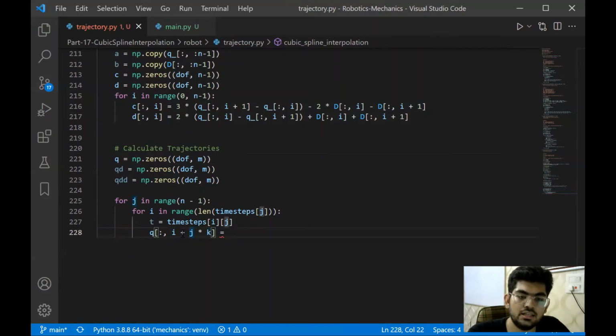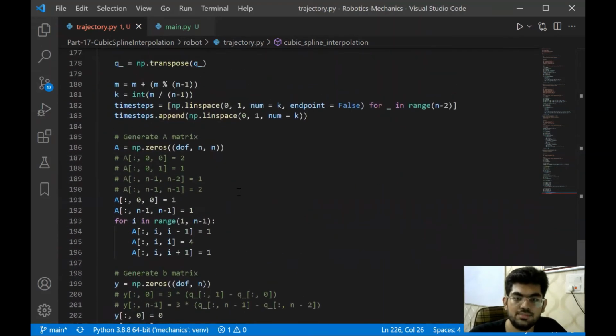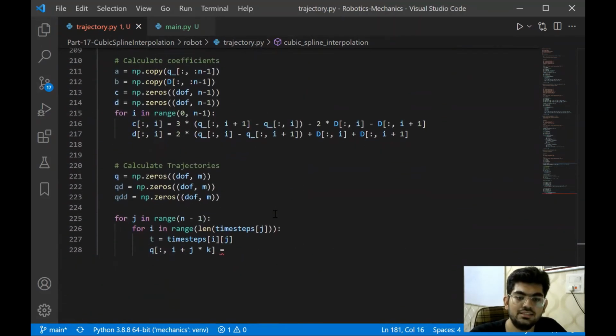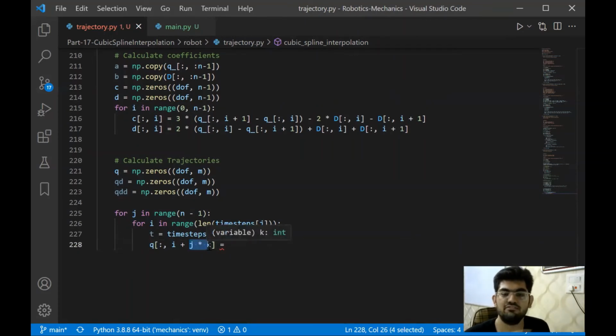How are we doing it? The ith element is going to range over the time steps length. Now, this time steps length is actually equal to K. So it's going to fill this Q. We are going to have this loop run each time for J, and then we're going to add 1 to it. This is a simple application of Euclid's division lemma, if we can say.